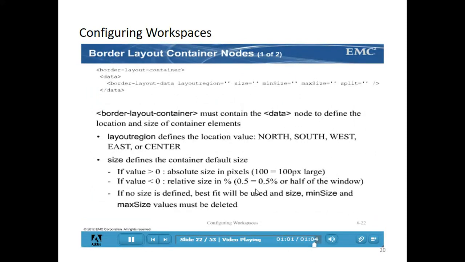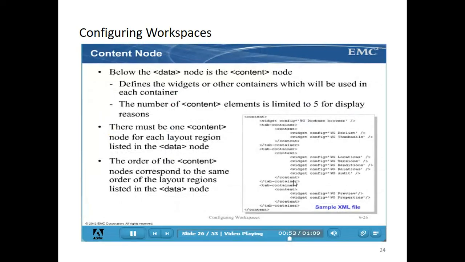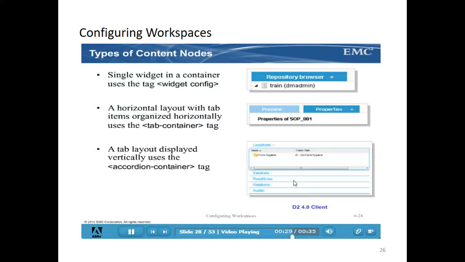So before that, I will tell you the border layout syntax. Four things should be there. Layout region, like north, south, east, west, center. Size: if you want to give size, or it will take the default size, you can give like 100 pixel. If you want to display in a full page and you don't give it, it will take automatic page. Min size, maximum size. Split: by default it will be true or false. If you give true, it will automatically split the page, and then you can define what layouts you defined over there. In content you have to define orderly.